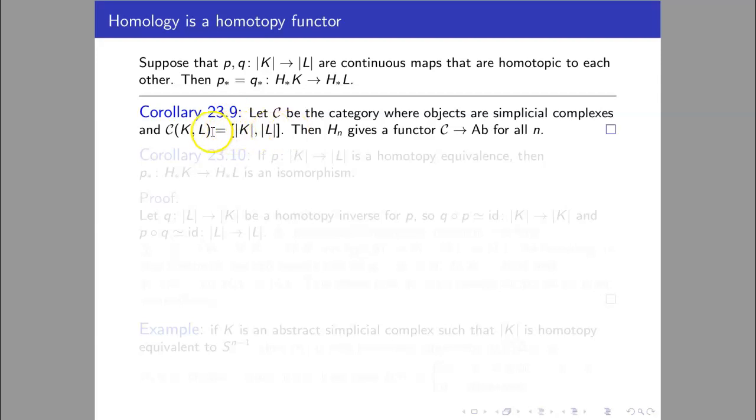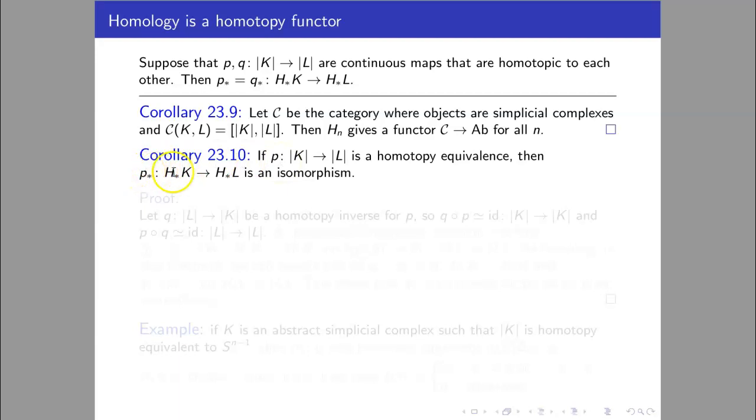And this set with the square brackets, that's the set of homotopy classes of maps from |K| to |L|. Because if two maps are equivalent, if they're homotopic, then they give the same effect in homology. So that means we can regard H_n as being a functor from this category curly C to the category of abelian groups. And another consequence, the same circle of ideas, is that if P is a homotopy equivalence, then